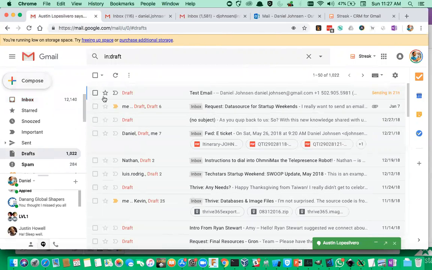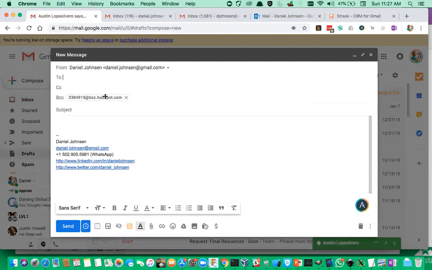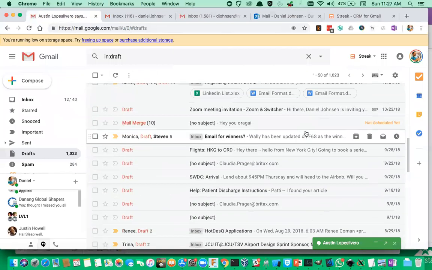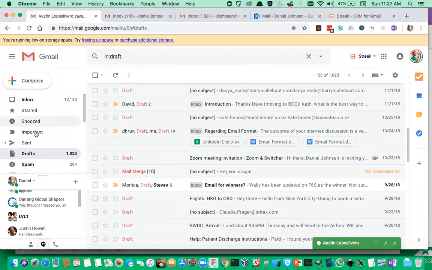Another tool that's built in as you do this is if you're interested in seeing whenever people open up your email, you can click here and it's email tracking. So you get a little notification whenever someone opens up your email. And you can also see, as you scroll down, I do this sometimes, not very frequently, if I click on an email that's been sent,